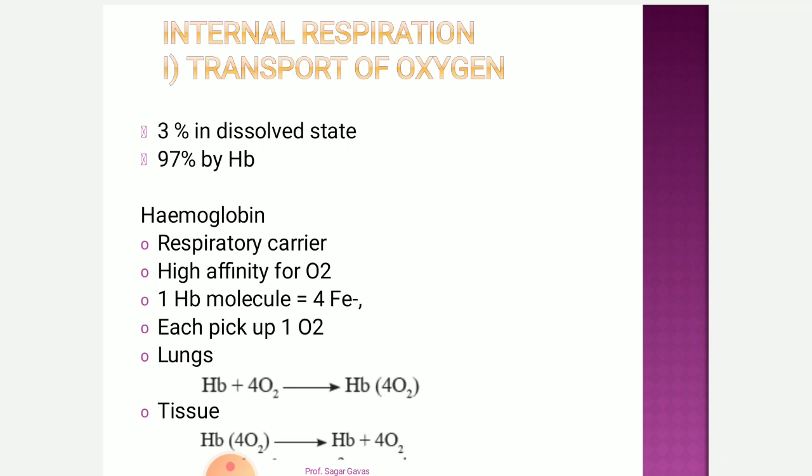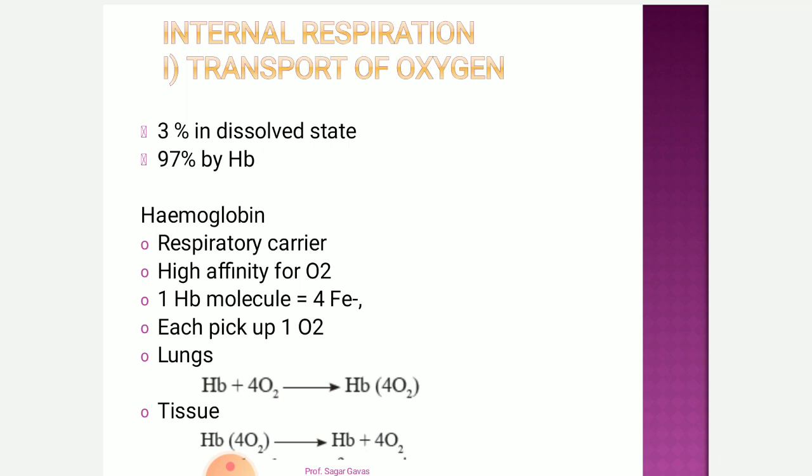hemoglobin. Now what is hemoglobin? Hemoglobin is known as respiratory pigment, or respiratory carrier. It has a very high affinity for oxygen. One hemoglobin molecule binds with 4 molecules of oxygen, as it has 4 iron ions. Each one is going to pick up 1 molecule of oxygen. So each hemoglobin is going to carry 4